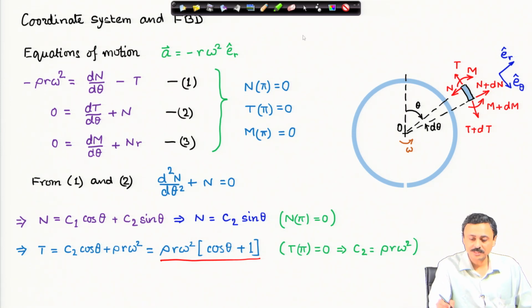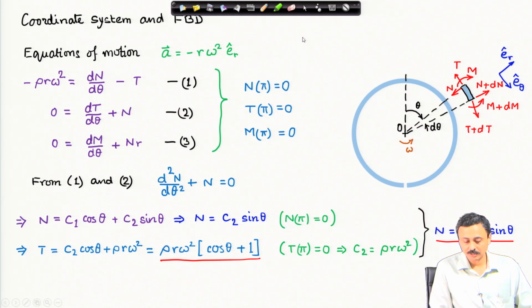Therefore, from this boundary condition on the tension, I can now get the unique solution for the shear force, which is rho R omega square sin theta. And also, since C2 is now known, I already have the variation of the ring tension,